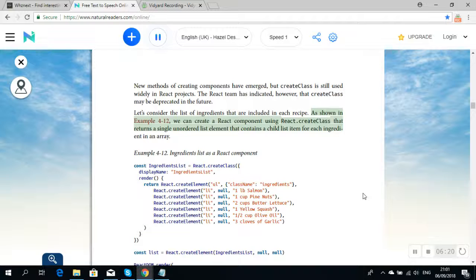As shown in example 4-12, we can create a React component using React.createClass that returns a single unordered list element that contains a child list item for each ingredient in an array. Example 4-12. Ingredients list as a React component. const IngredientsList = React.createClass({ displayName: "IngredientsList", render() {